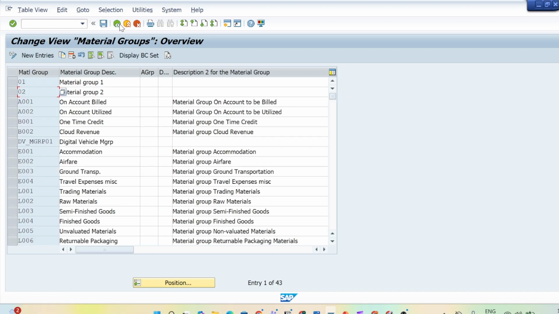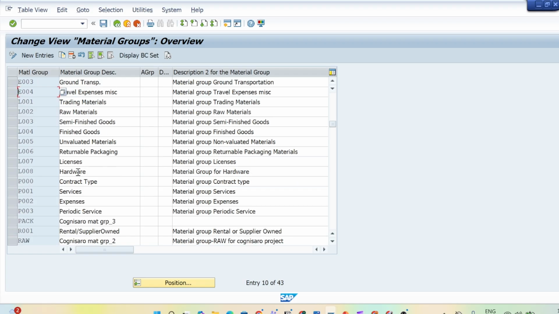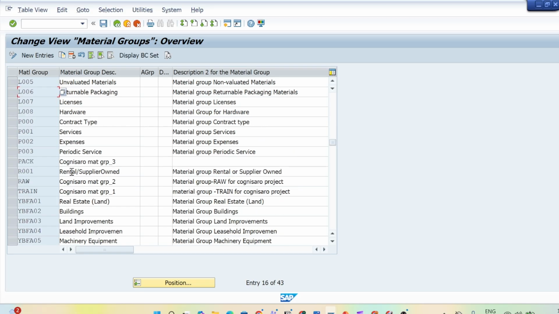Just go back, and then we need to find our material group. We just created the material group PACK, and that PACK we are creating for packaging. So we can put the description here as Cognizaro packaging, for packaging.